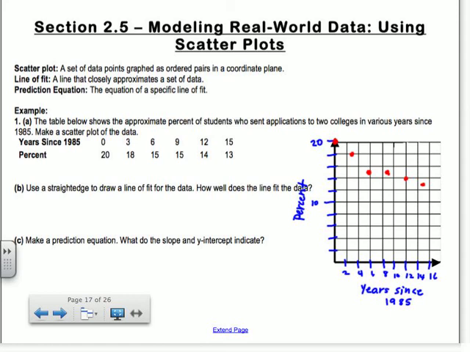All right, and then we have to come up with this line of fit. So what your calculator does is it basically comes up with all the different lines that go through every pair of points, and it comes up with the line that goes through the most points or is the closest to all of the points. So the calculator basically does this method for you. What we're going to do is find the equation of a line of fit, so a line that goes through. So if you took a ruler and you set your ruler against all those points,